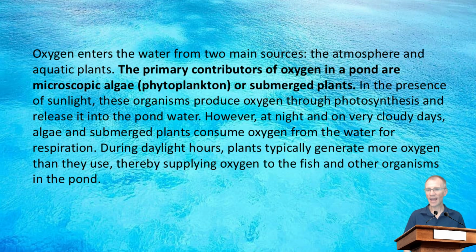However, at night and on very cloudy days, algae and submerged plants consume oxygen from the water for respiration. During daylight hours, plants typically generate more oxygen than they use, thereby supplying oxygen to the fish and other organisms